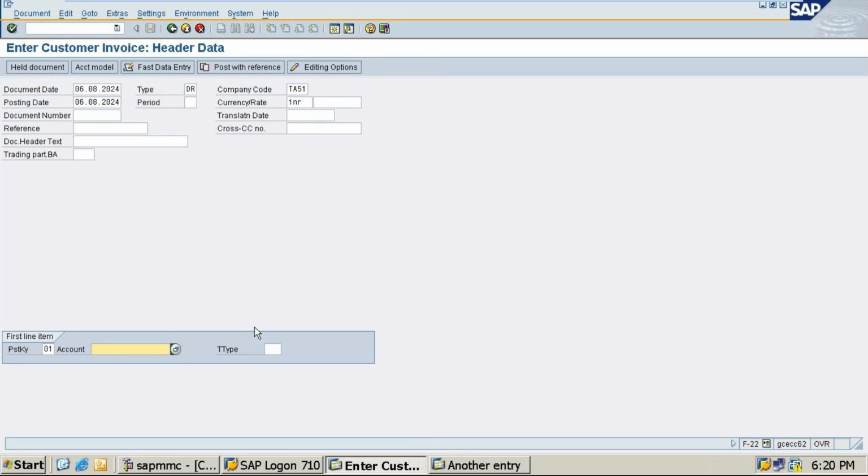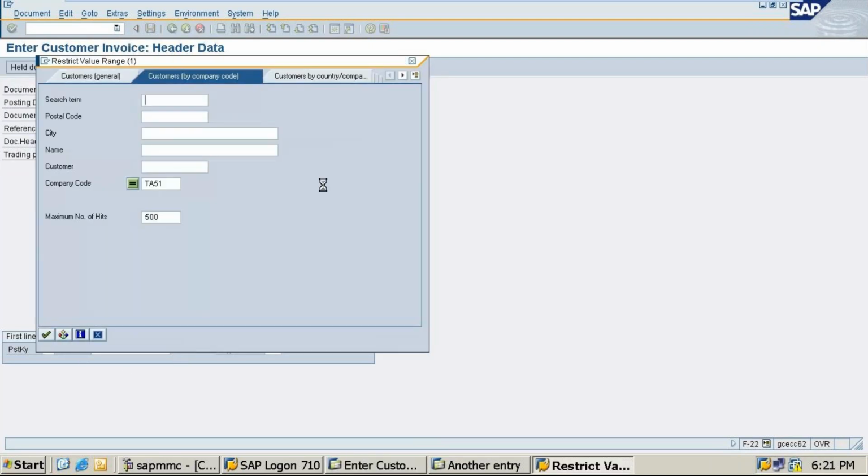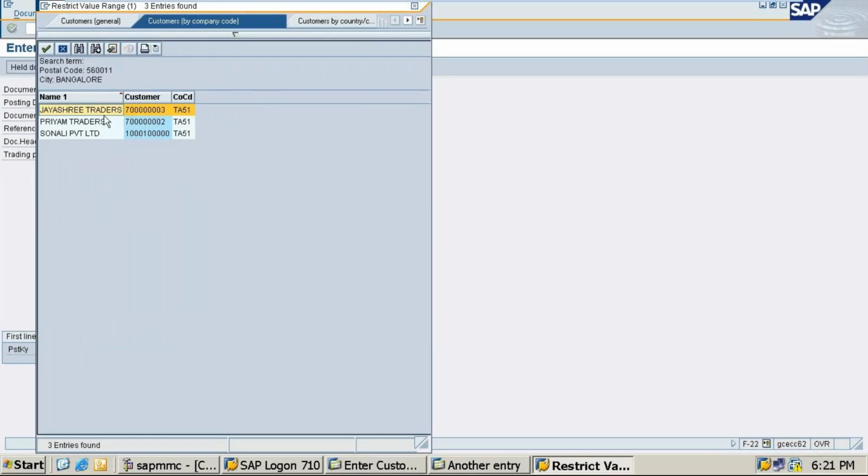So posting keys, now the question is what I want to enter in the accounts. Now the question I am going to tell you is all about sales account. So here you have to click on this, which is our traders. My question is goods sold rupees 5,000 to Jayashree traders.